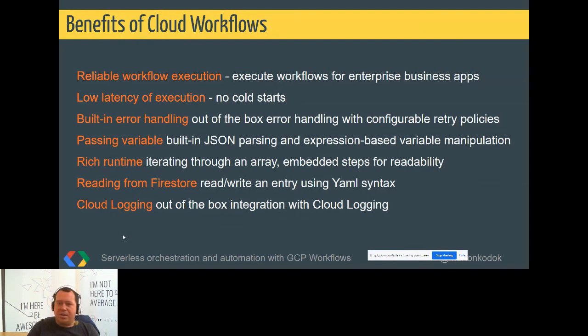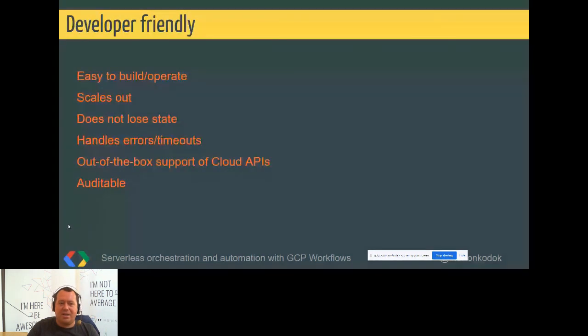I put this slide here because I wanted to have a second view just for the developer-friendly benefits. It's easy to build and operate. It's just YAML. It scales out, and it scales down to 0, which is my favorite because I don't need to keep an engine up all the time. It does not lose state, so it has retry and it doesn't lose state. It handles errors, it has out-of-the-box support for the APIs, and nonetheless it is auditable because